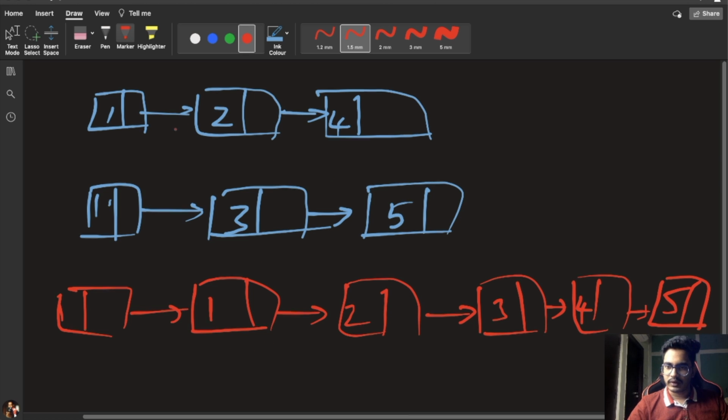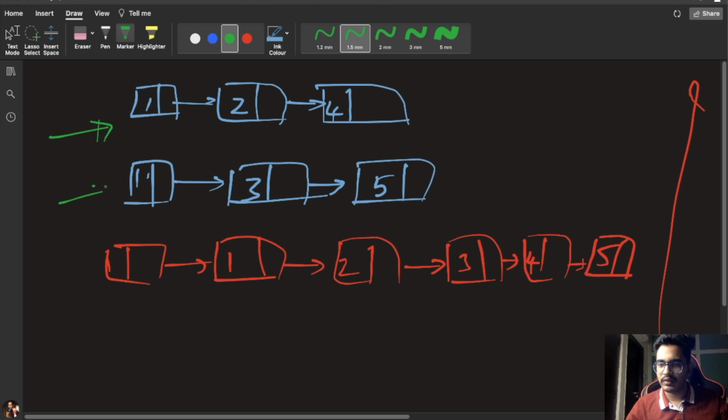So how can we approach that? Here is our L1, here is our L2, both pointing at the first node. Now both L1 and L2 are equal, so we will take either of them. Let's take L1 as an example. So I will be returning L1 and placing it here. Next L1 will point to the second node, and L2 is still pointing to the first node. Now let's compare both. Here the head of L2 is less than L1, so we will attach this node here, and now L2 will point to the next node.